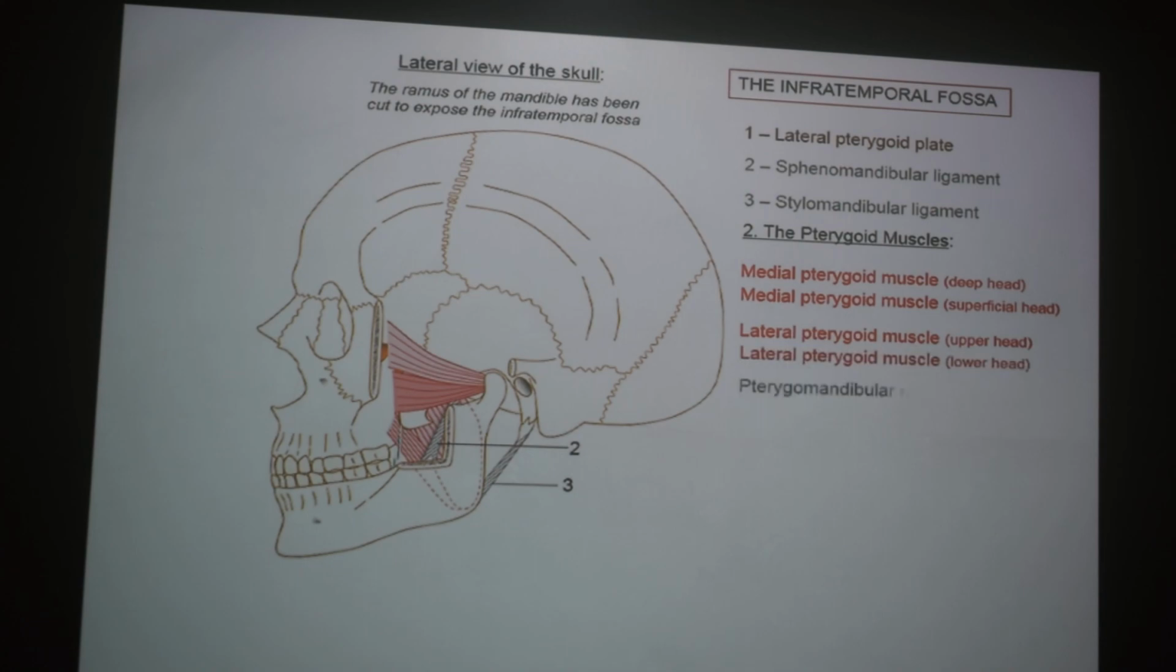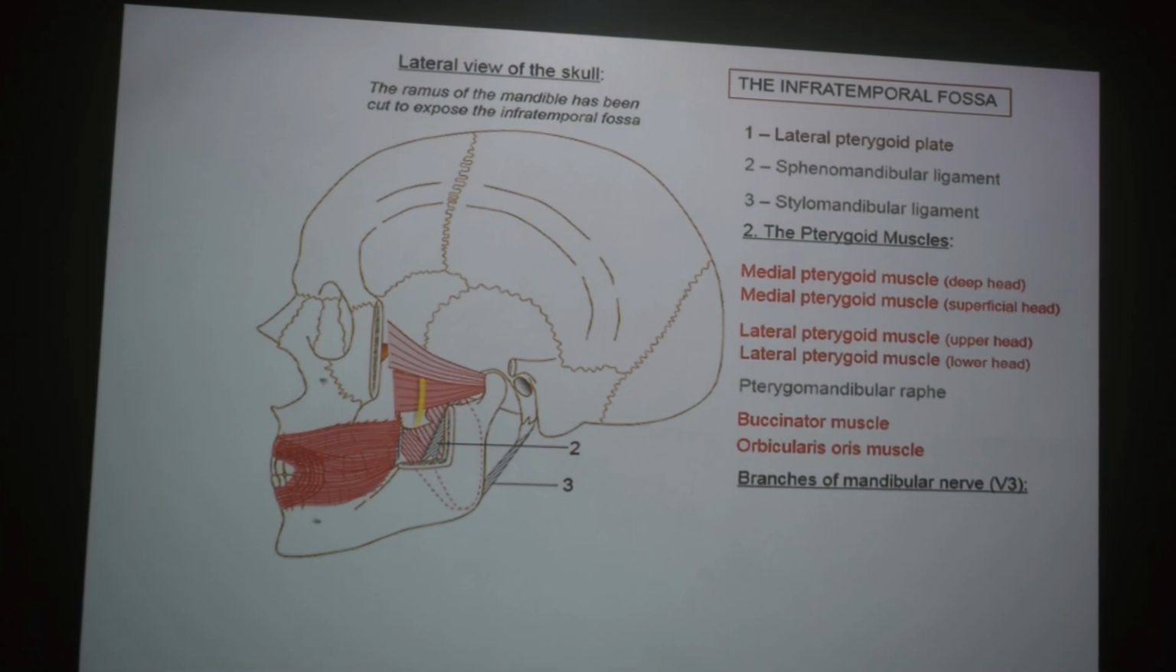Okay. Then you can see the pterygomandibular raphe, which is here, and from here the buccinator muscle is arising. And then you can see the branches